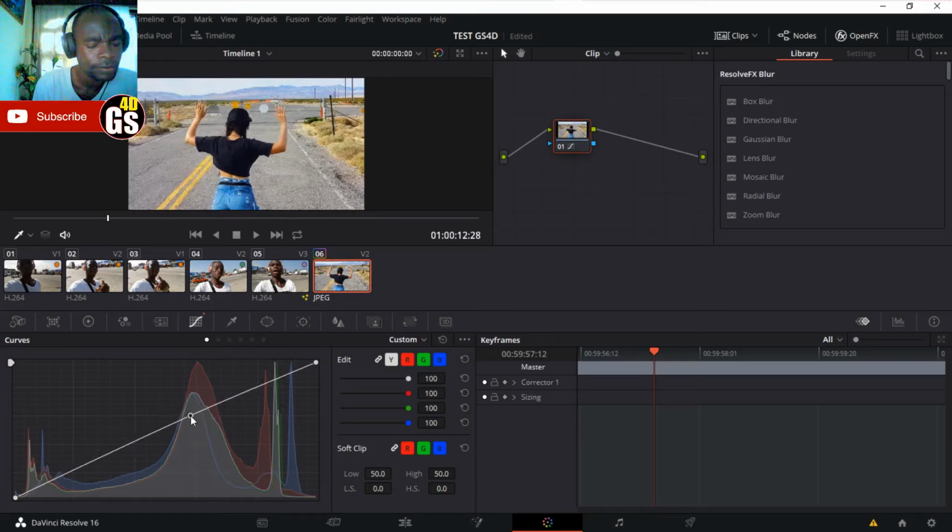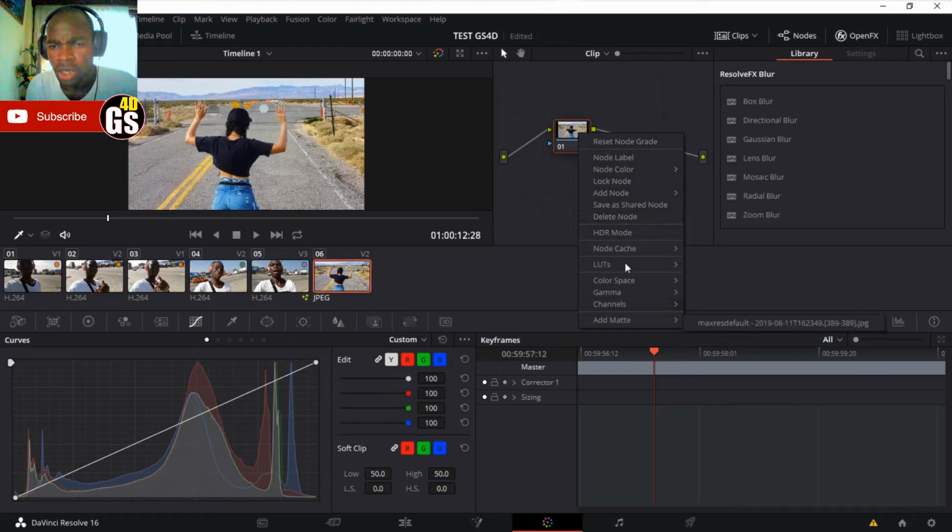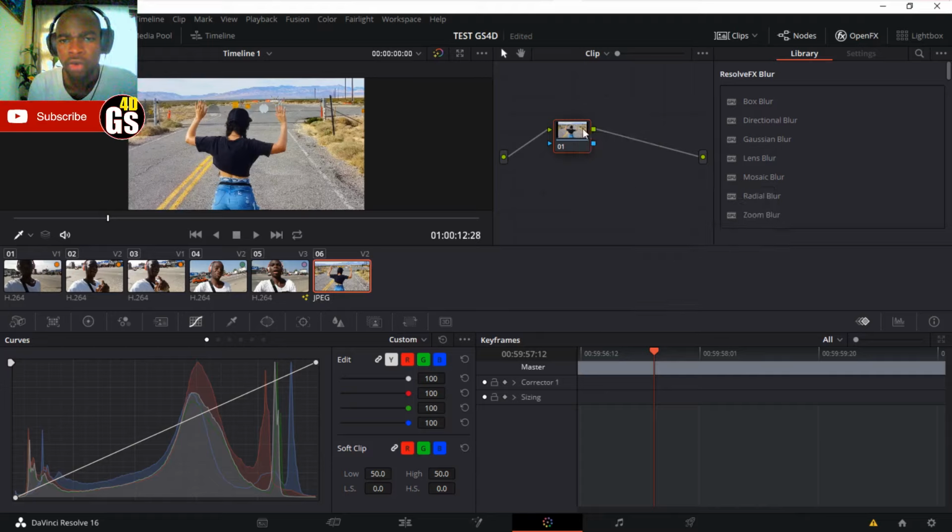Look at that. You can do this. You can also click here to add something. Click here to do what you want. This is not bad. I like this. You can also reset all of this, just like that. And click on nodes. Okay, this is nodes. Now you can do this too. You can add nodes.